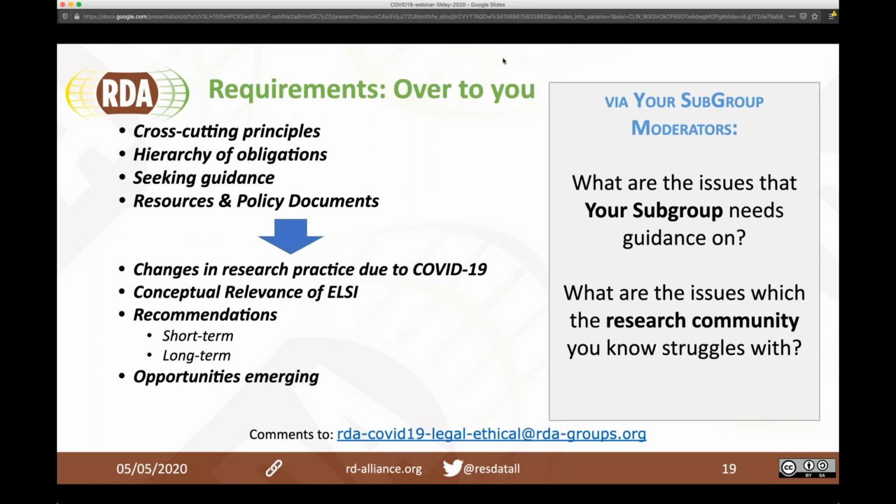And so, on the right-hand side of this chart, we're asking all of the subgroups via your moderators and chairs to tell us what the issues are which you find in your group, but also any of the issues that you are aware of in the research community or indeed the policy community that you're involved in. On the left-hand side here, these were the main pointers that we had in the first set of recommendations. So we've put together some cross-cutting principles. Those are the principles like the safe management of data,